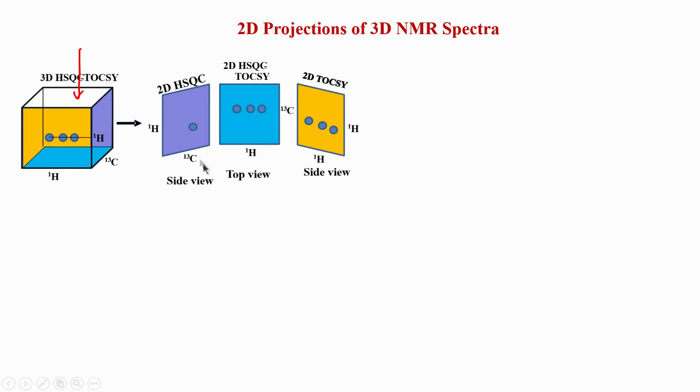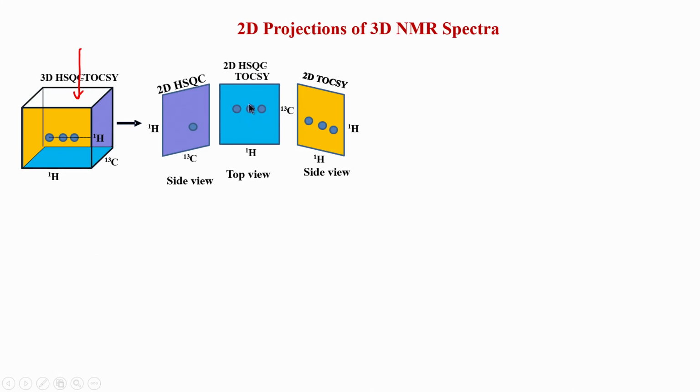This is the one where I said the top view is actually the side view. I have corrected that in this slide. So, what is this blue color plane? This is nothing but an HSQC plane, because it has the correlation of carbon with proton chemical shift, and that is the blue color you see on the side. The top view, if you look from the top, is this carbon and this proton, the light blue color which you see here, and that is the HSQC TOCSY pattern.